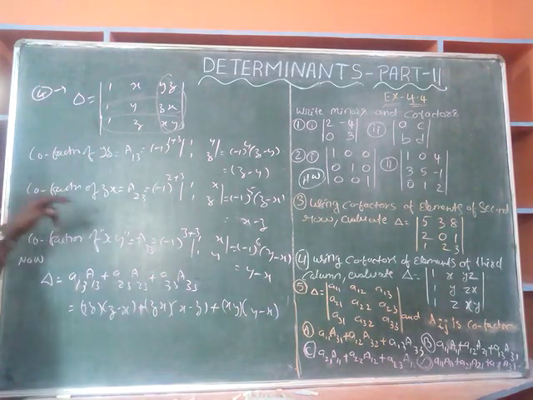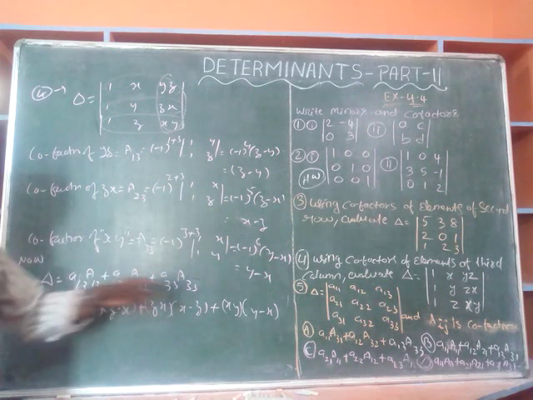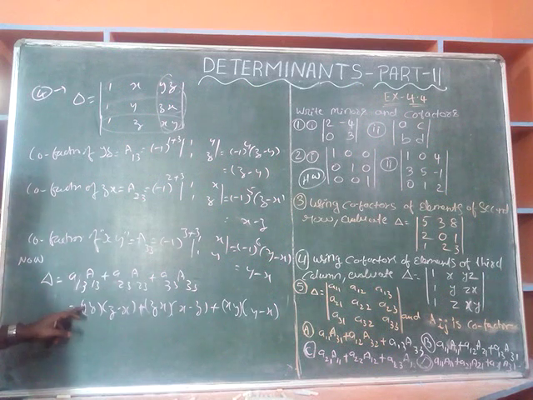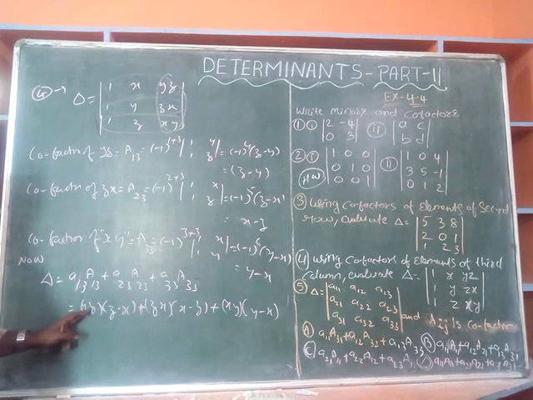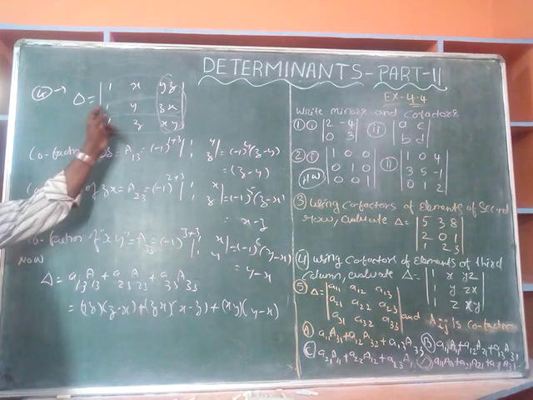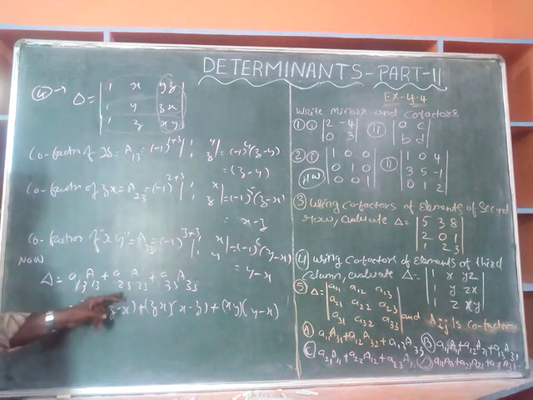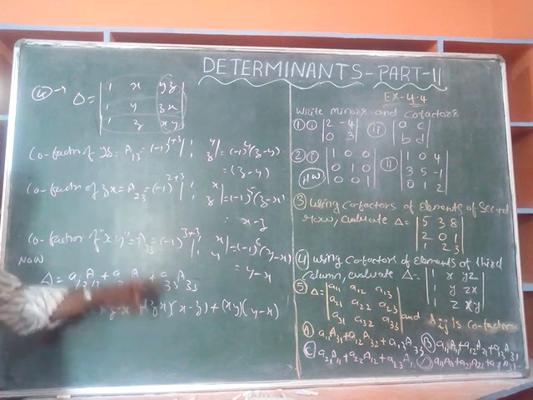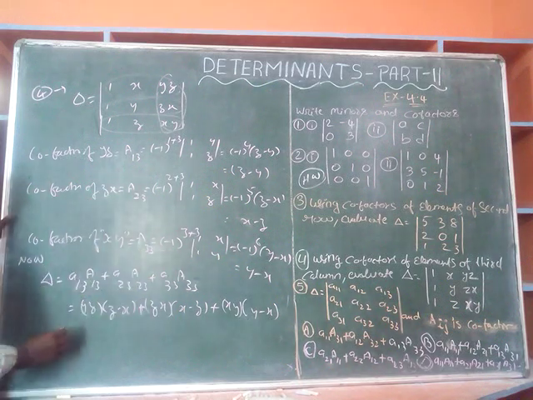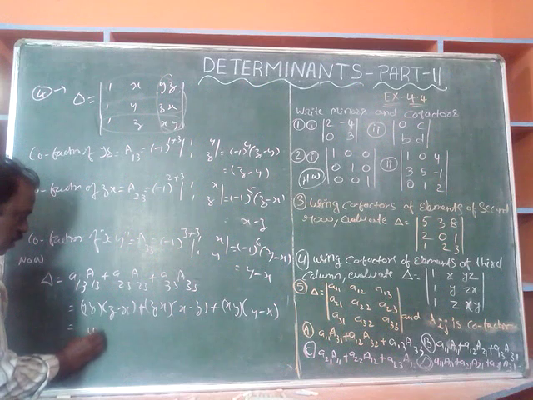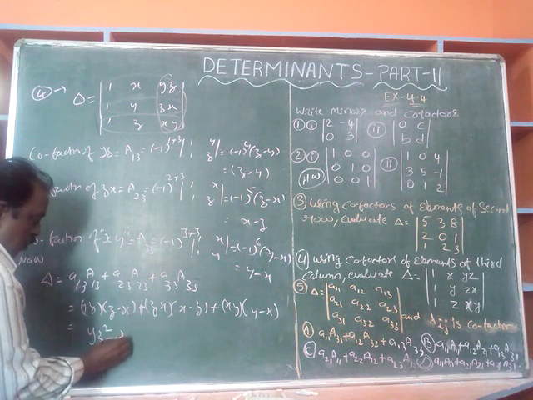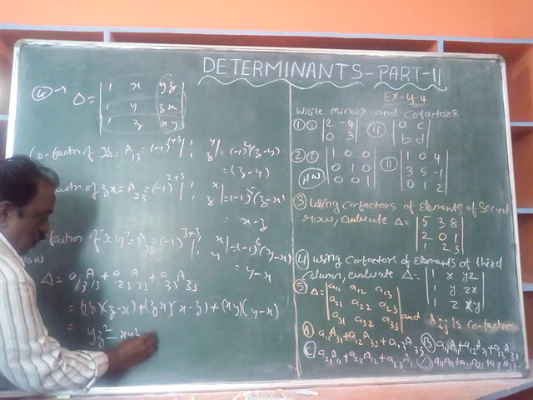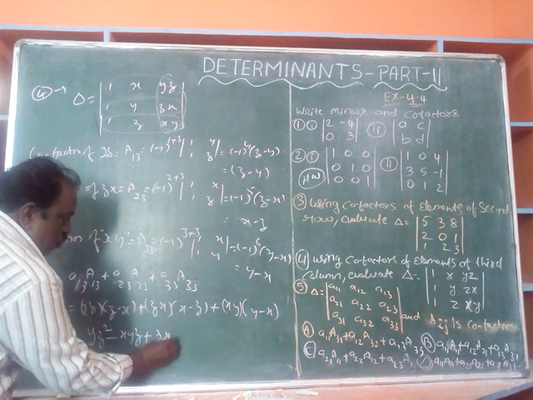We already solved the cofactors, and you simply apply them: a13, first row third column, is yz; a23, second row third column, is zx; next xy. Now we multiply. It is yz square minus xyz, plus zx square minus,